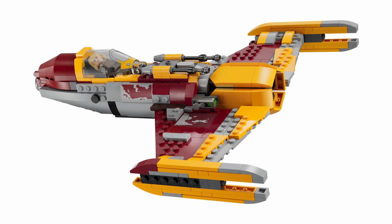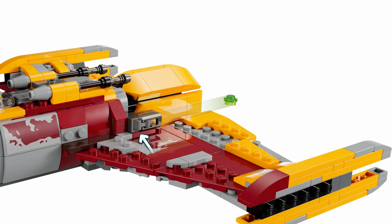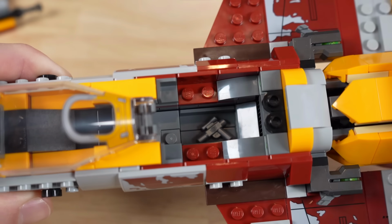The color scheme is great. It's got a bit of a distressed look with some of the stickers, with kind of the paint peeling off, and you again had nicely integrated play functions with the stud shooters. You had the ability to put a lightsaber behind the cockpit, and there was even another hidden compartment underneath that